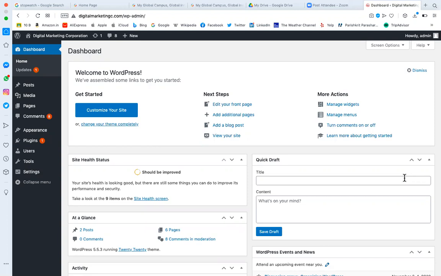A magazine website will be structured differently, and a portfolio website will be structured differently. So you should have clarity about what kind of website you are going to create. As a beginner, I would suggest starting with a simple one and keep adding new features.